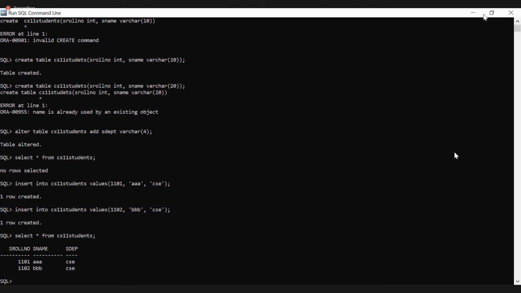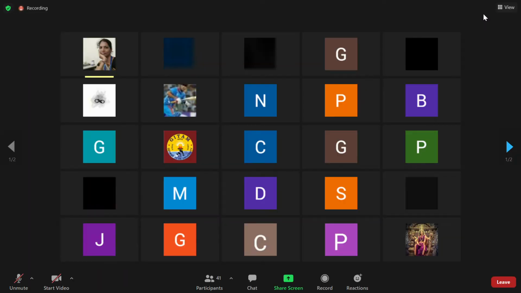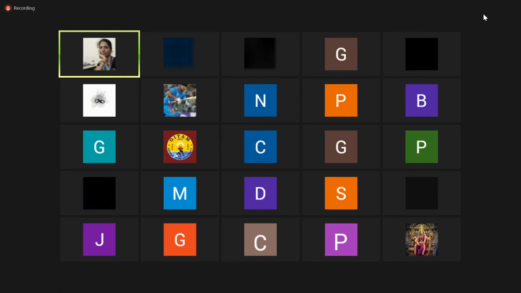Ma'am, I'm having an issue. Can I share my screen? When I do insert, it says error at line 1, missing select keyword. Yes, you can share.